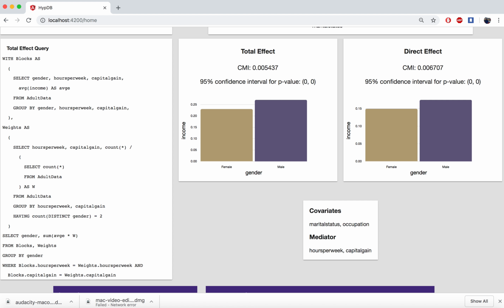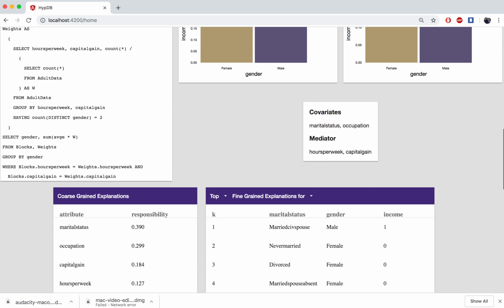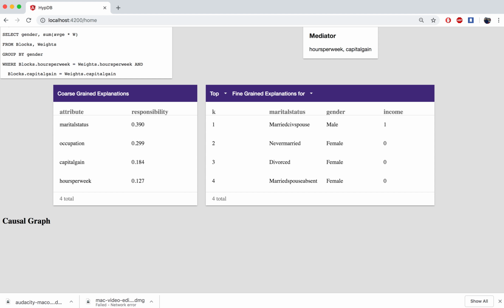To see what's going on here, let's check out the explanations generated by HypDB. The coarse-grained explanations show that marital status accounts for most of the bias, followed by occupation. Let's take a deeper look into marital status and see why it makes the query biased. The top four fine-grained explanations reveal a surprising fact. They say there are more married males in adult data than married females, and marriage has a strong positive association with high income. To understand why this is the case in adult data, we check the provenance of this